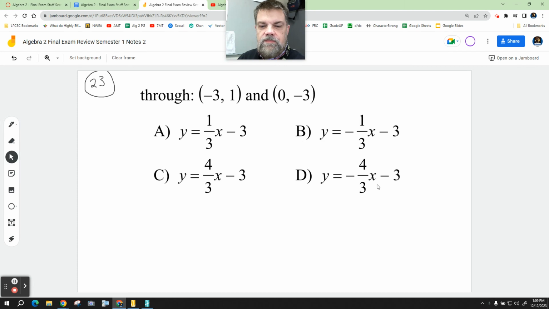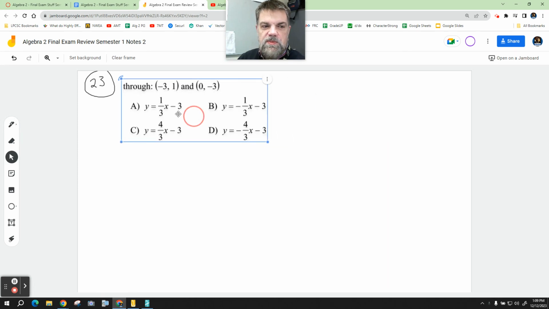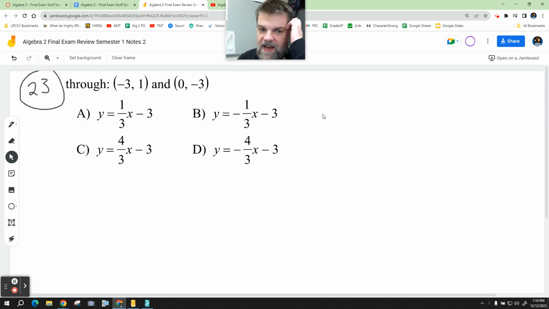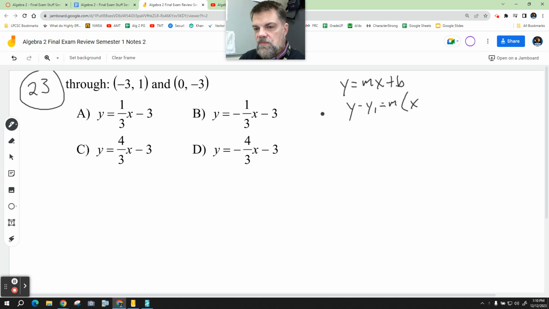All right, I'm gonna make this a little smaller because I'm gonna need some space to write this out. So we're asked to write the equation of the line that looks like this: y equals mx plus b. And we're also going to need to know the point slope form because they've given us 2 points. And then we also need to know how to calculate the slope given 2 points, which is y equals mx,